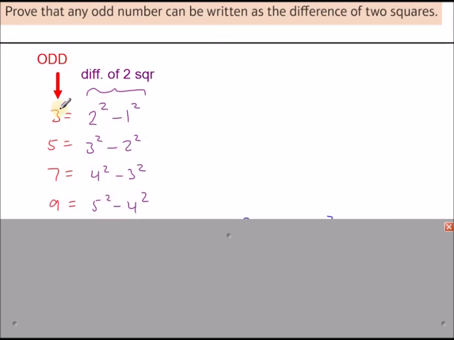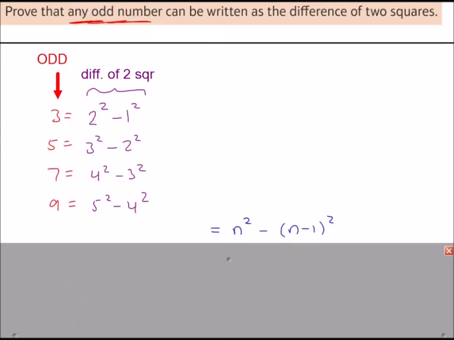But this only proves these numbers. Is it true for any odd number? So we use some algebra this time, and the reason for choosing n and n minus 1, you've got 2 and you've got 1, 3 and 2, 4 and 3, 5 and 4, n and n minus 1. We're just following that pattern there,